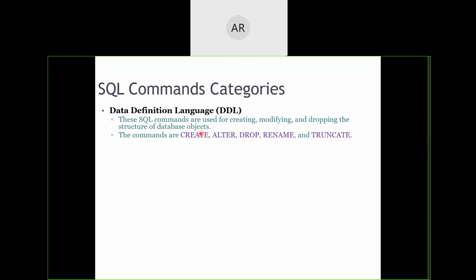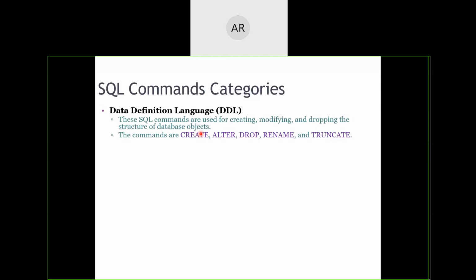Alter alters an already existing schema of the table. Drop removes the schema definition completely from the database. Rename renames the existing schema with a new name. Truncate removes all the contents of the table, that is all the values, and only the schema part of the table remains. Drop removes the values as well as the schema altogether.